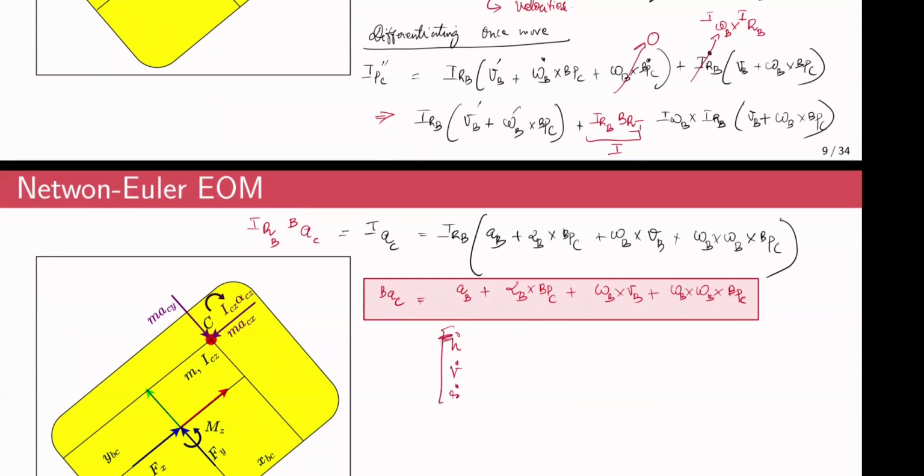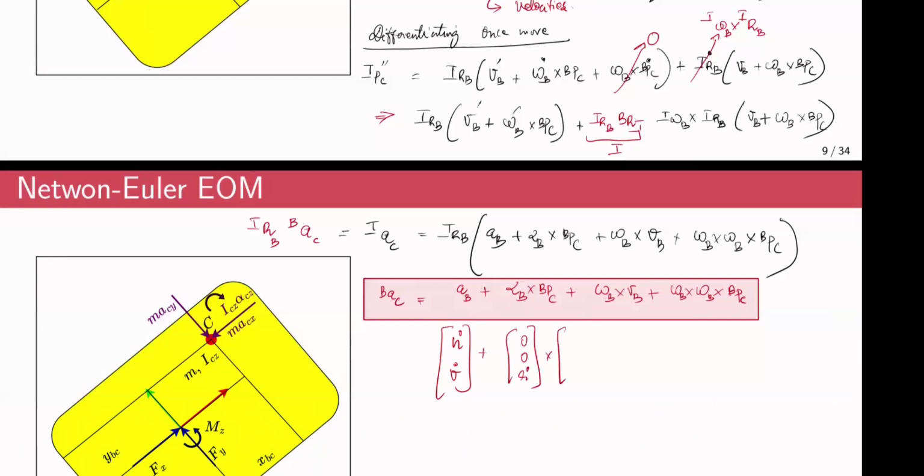So a_B can be considered as u dot, v dot, and alpha_B is nothing but 0, 0, r dot, cross